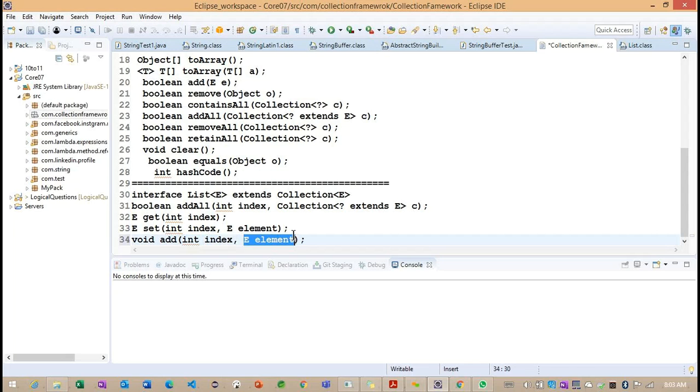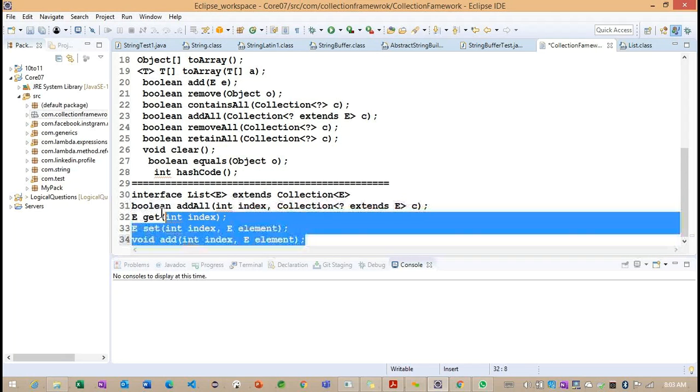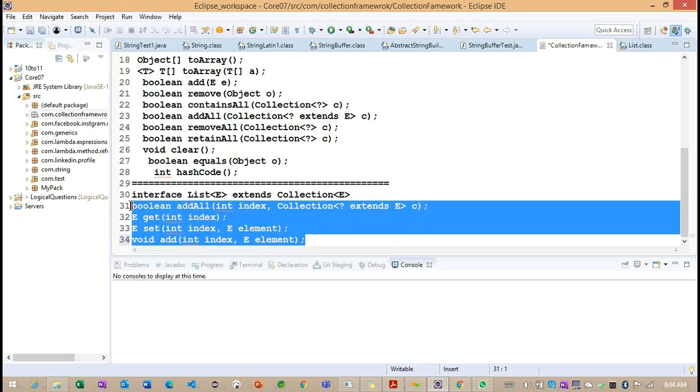Now what are you understanding here, when we discuss the list interface? Whatever methods we have defined so far, all of them have a position parameter. Getting the point. So this list interface works on positions; without the position, the list interface cannot be implemented.